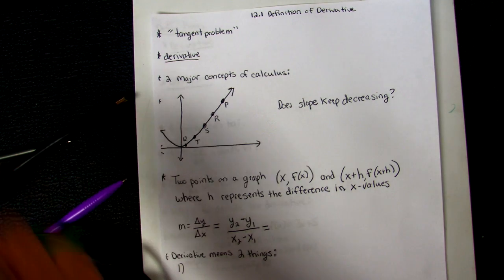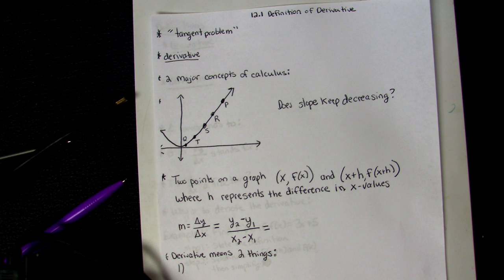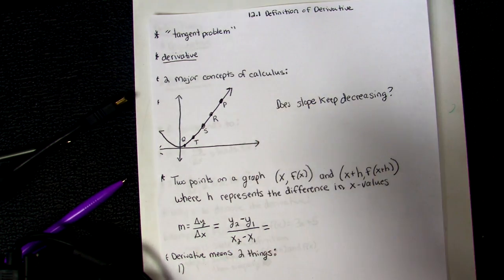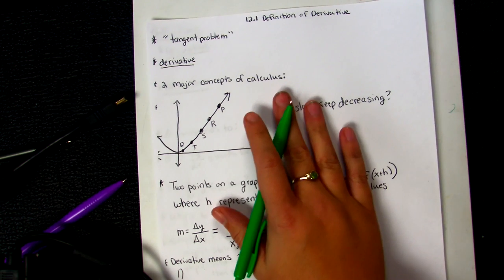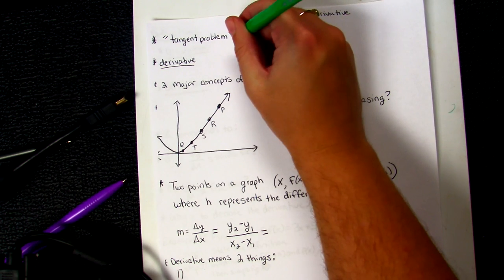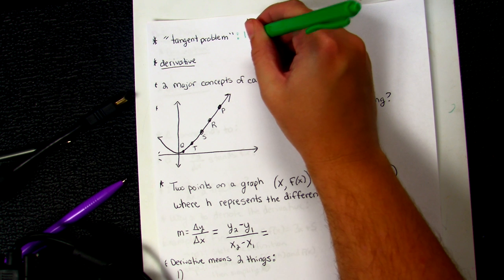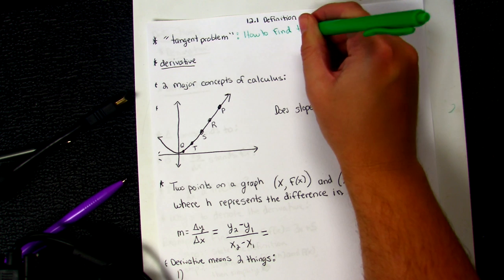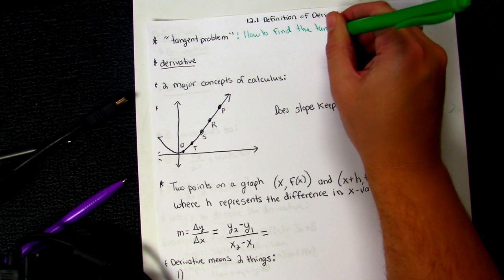Today we're looking at section 12.1, which is the definition of a derivative. One of the classical problems in mathematics has always been the way to find the tangent line to a given curve. We call this the tangent problem, and the tangent problem was how to find the tangent line